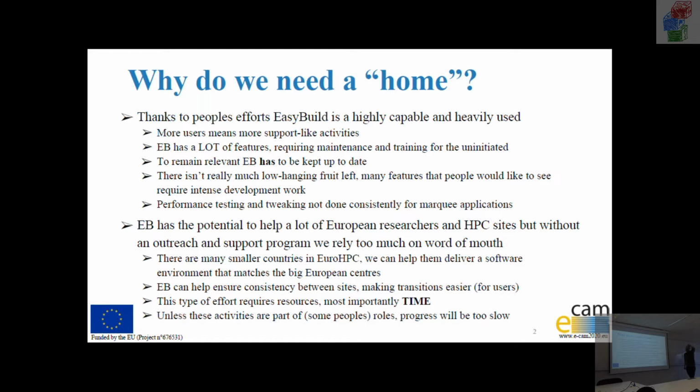But if we don't have the money and the time to have an outreach and a support program for them, we rely a little bit too much on word of mouth. And word of mouth is good, right? If people talk about it to other people, it's usually to tell them it's doing something useful for me. That's probably the most valuable one, because people trust these people more. But you still need that outreach program, because there are people who are not going to get these words, right? You're not going to get into everybody's ear because it relies on a network to be there.